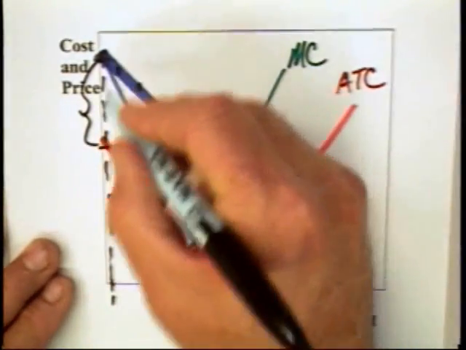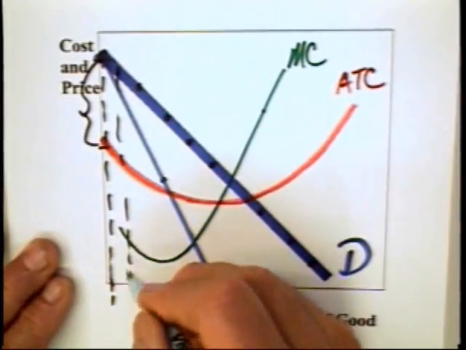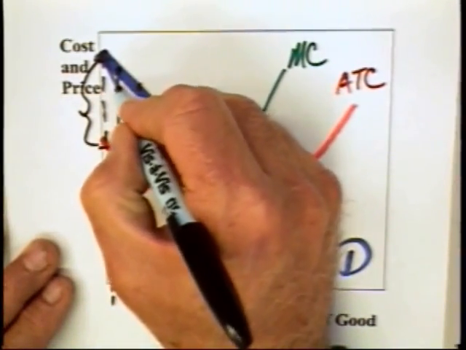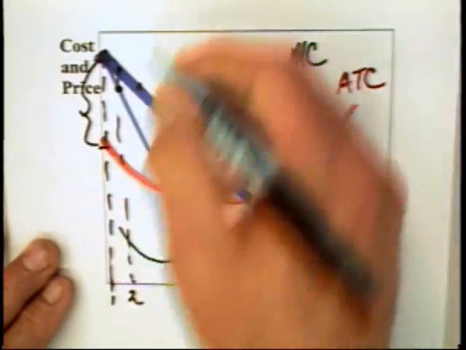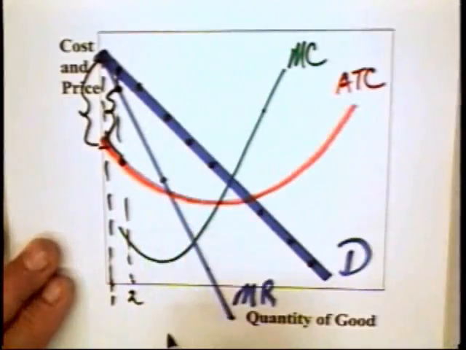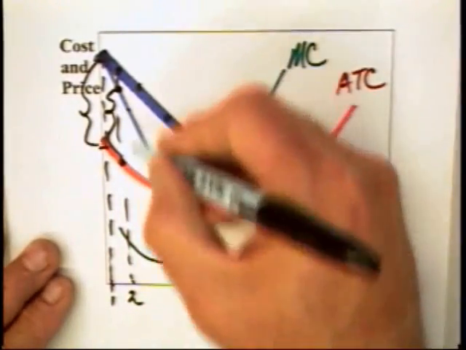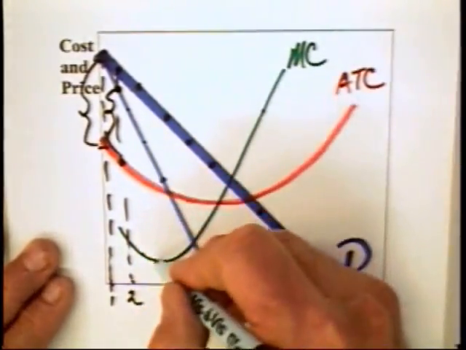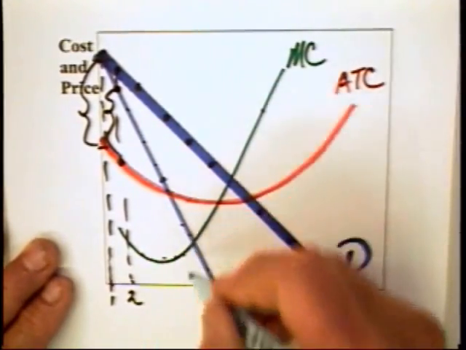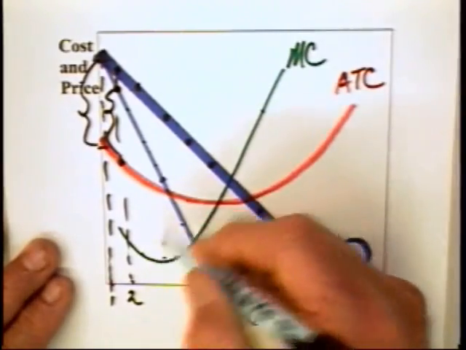The second unit gives you an additional profit. That is, well, I'm sorry, the marginal revenue is here. The marginal cost is here. There is a profit to be made on that equal to that. Well, the moral of the story is that for every one of these units, as we move toward this intersection, for every one of those units, the marginal revenue is greater than the marginal